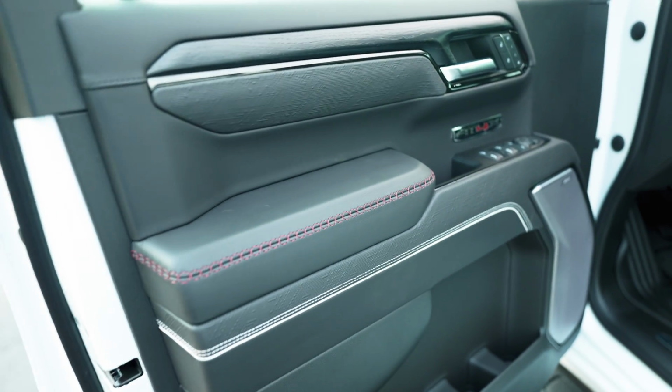But we're going to jump into the interior because that's where the big differences are. That's where the unique trim, finishes, and everything like that are. So let's go ahead and get into it. Continuing on to the interior, the fine